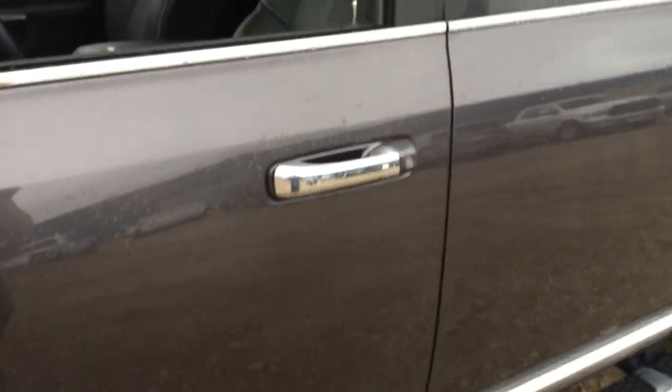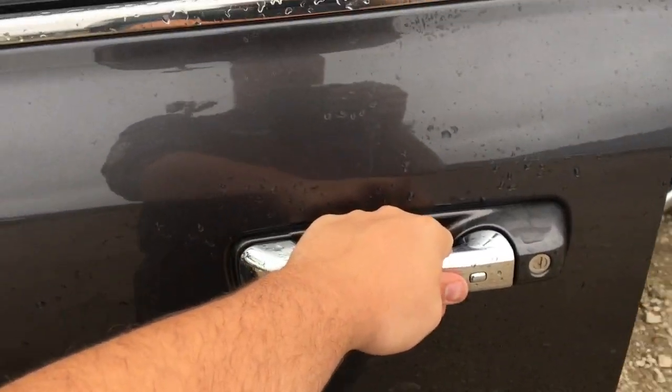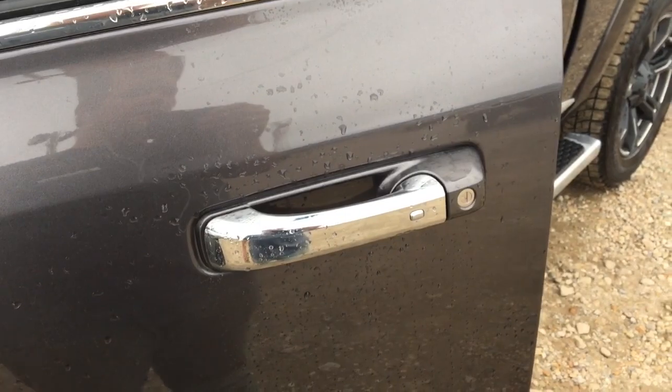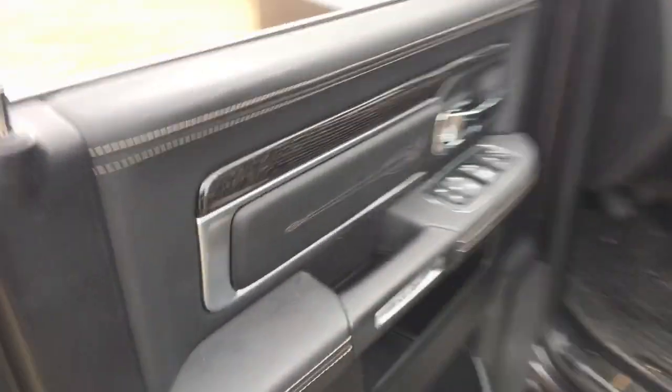This does have the proximity key fob. All you gotta do is put your hand around the door handle like this. If you have the key fob in your pocket, the Ram will sense the fob is near and it'll unlock the doors for you. Always press that button right there to lock up this Ram Limited when you're done with